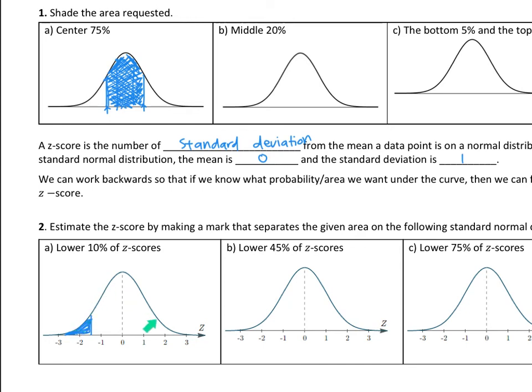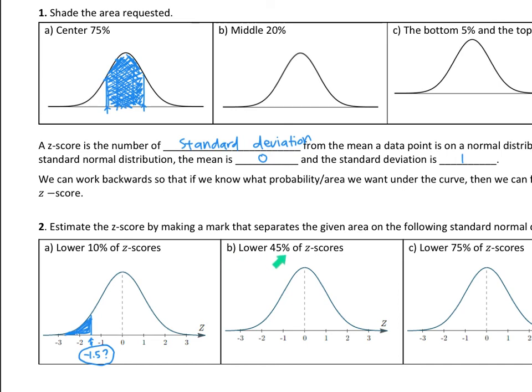Again, the whole thing is 100%, so I want you to have an idea what 10% looks like. It says estimate the z-score, so it's somewhere between -1 and -2, so maybe it's like -1.5. That's my guess. Again, I don't know the exact answer. Next section, we're going to precisely calculate exactly what number I need to pick. But here, at least I have an idea. The next questions are all kind of estimating. For now, we don't know the precise answer, but I want you to have an idea of what these percents look like on the graph.